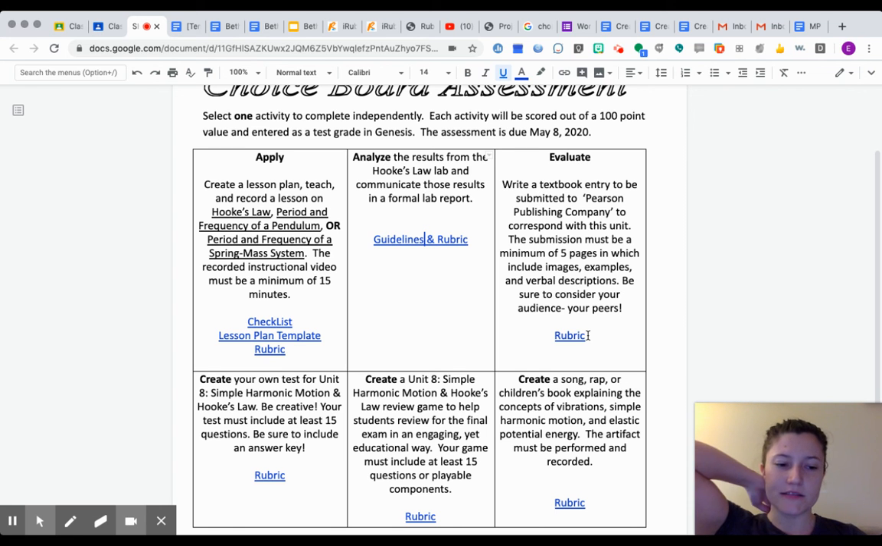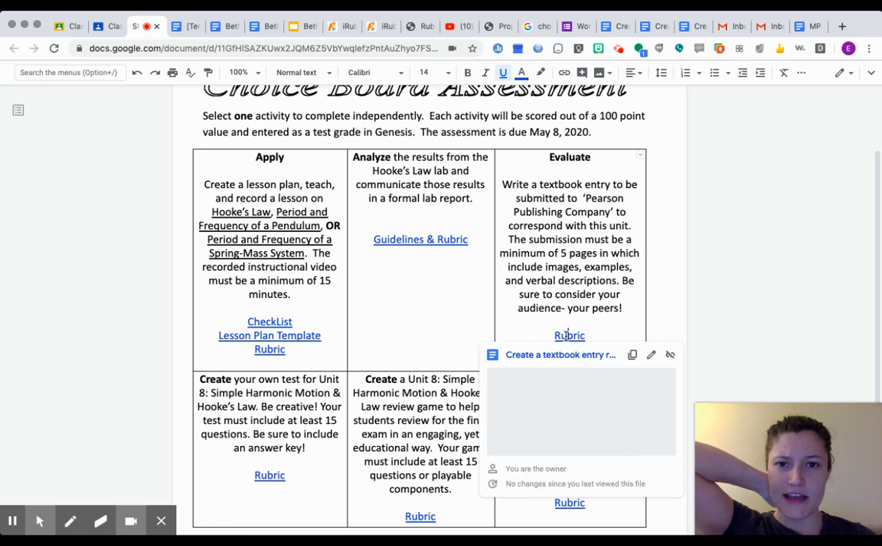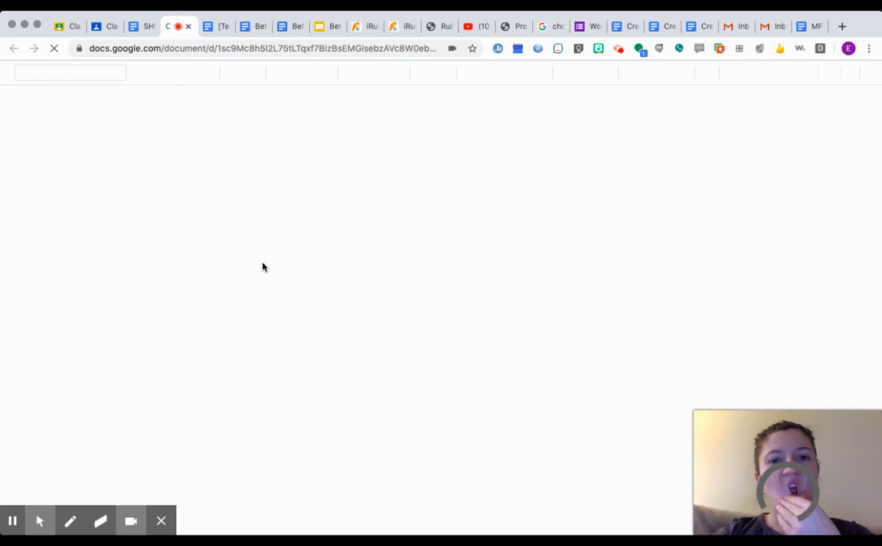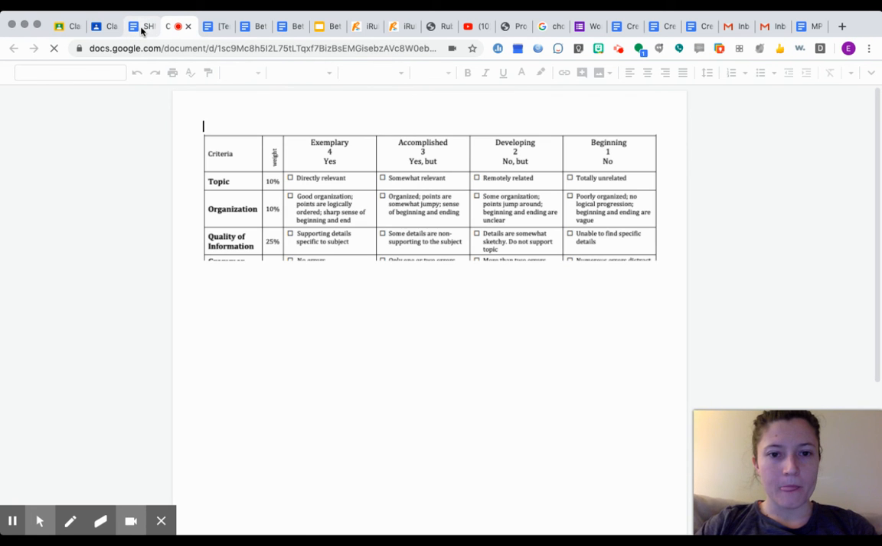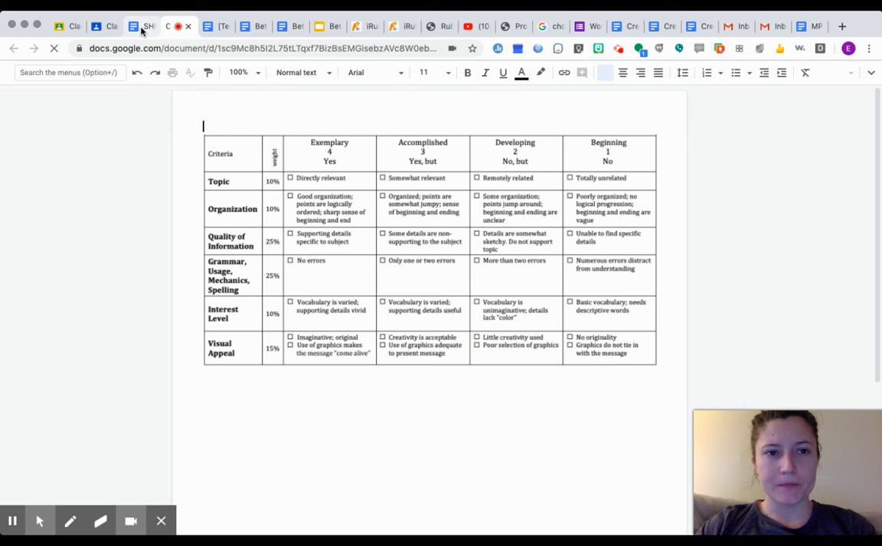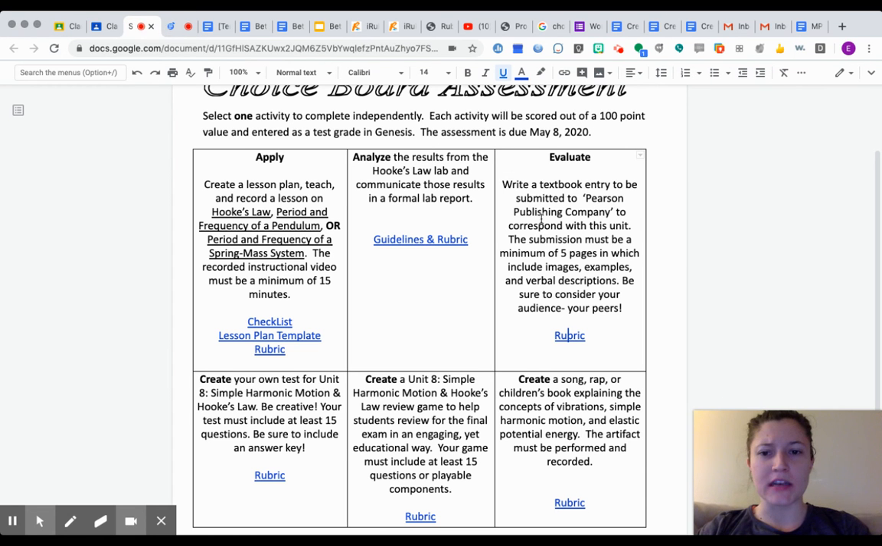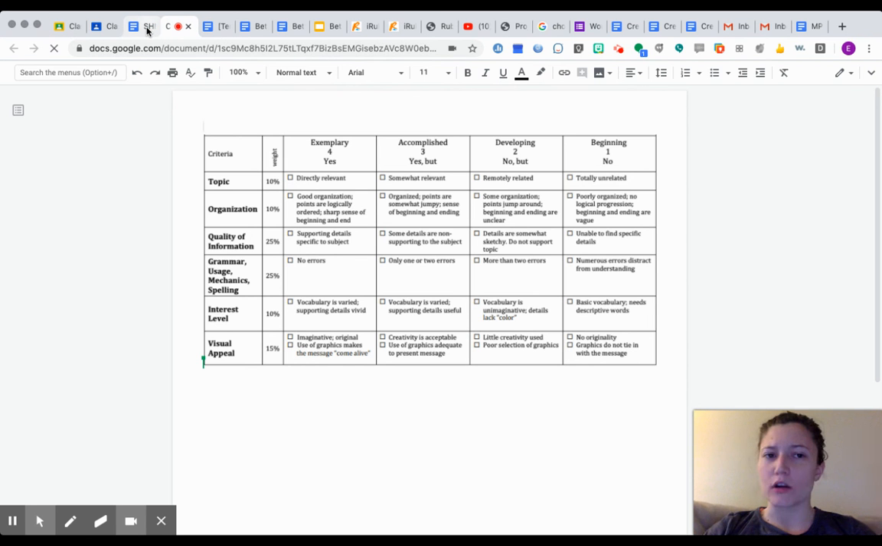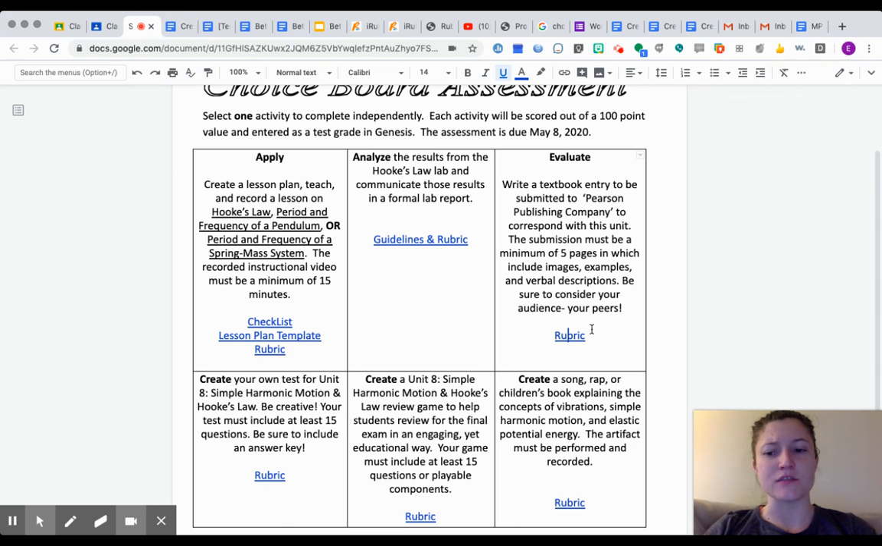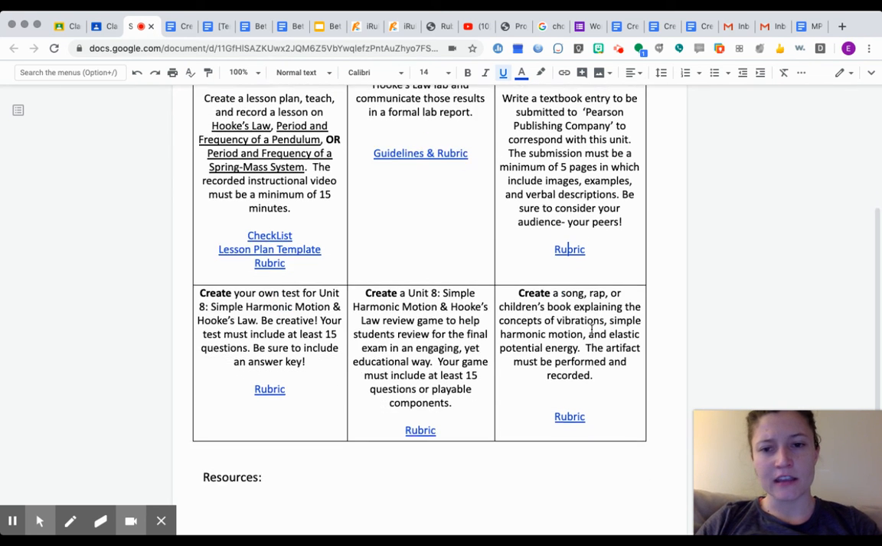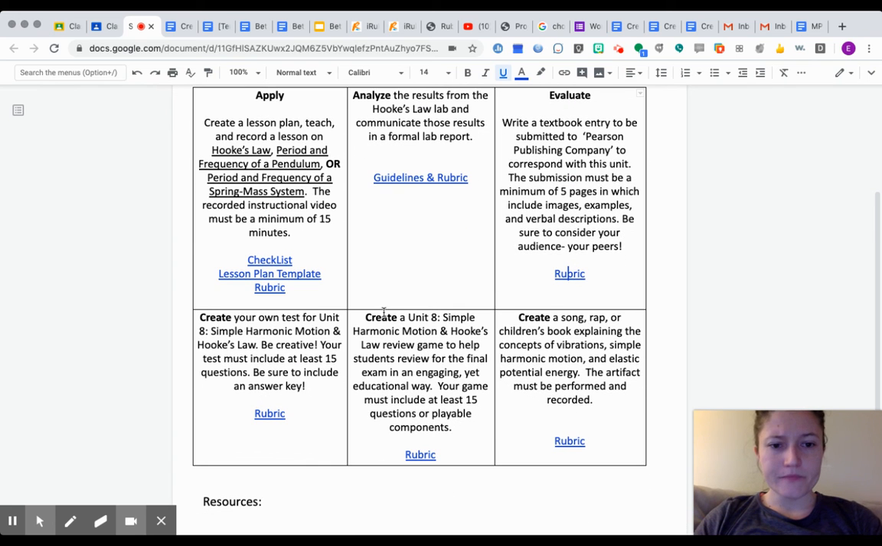Please consider your audience. Okay, and that rubric here is also attached. If you choose that option, you can go through that individually. So that's the only option that you would not have to record a video for. Whether you use Google Slides or Google Docs to create that e-textbook, you would submit that to Classroom. And if you use any resources, you must cite them using MLA citing,